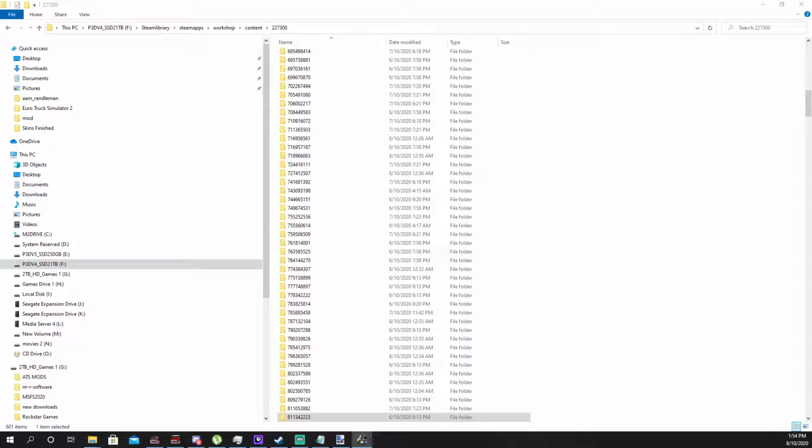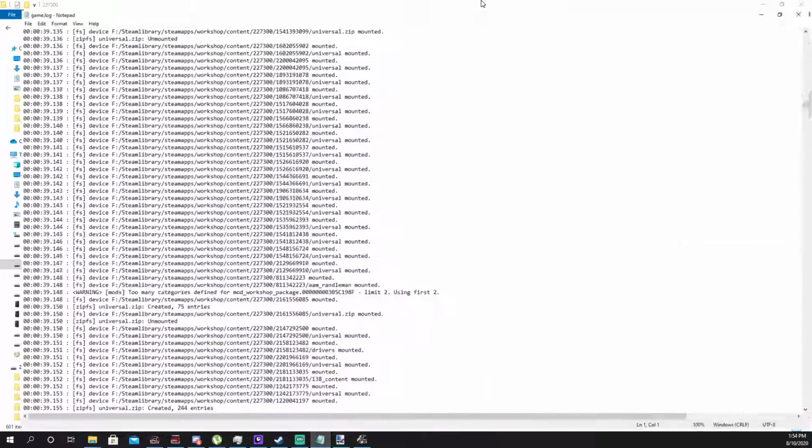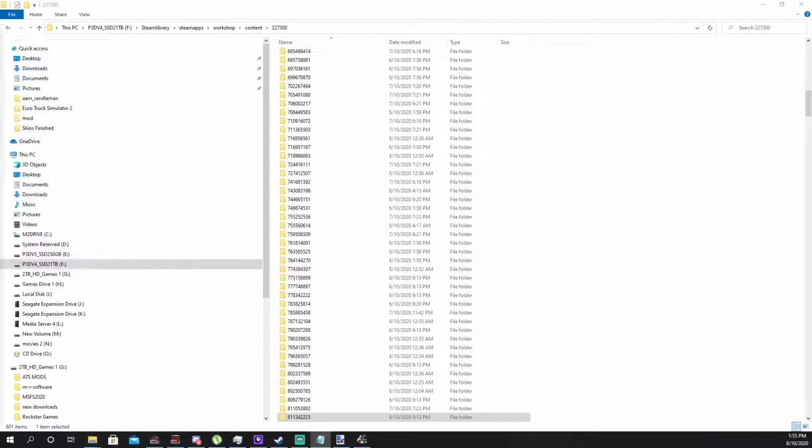So, as I said, what we do is we go back to our little screen, and we look at the one underneath that, and the number is 216-155-6085. So I'm going to put that over there, and we're going to look for that number in the content directory. So 216, and it'll be different on yours. It just depends on what order Steam put them in. So we want 216